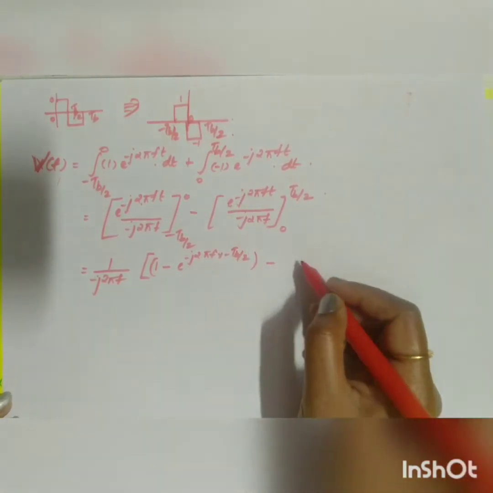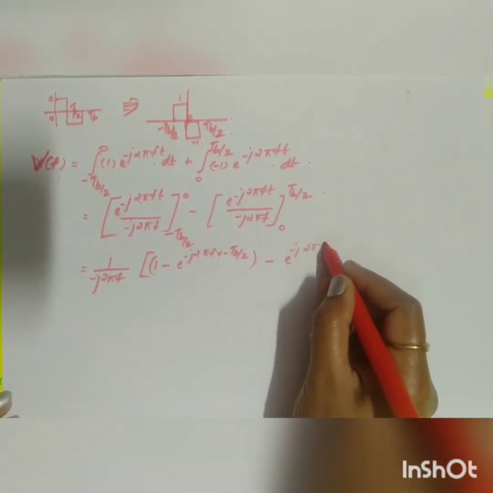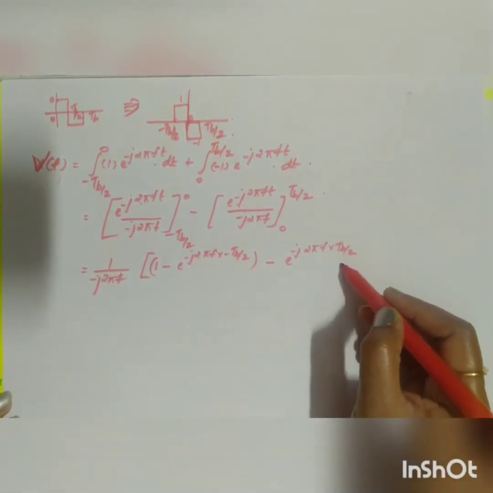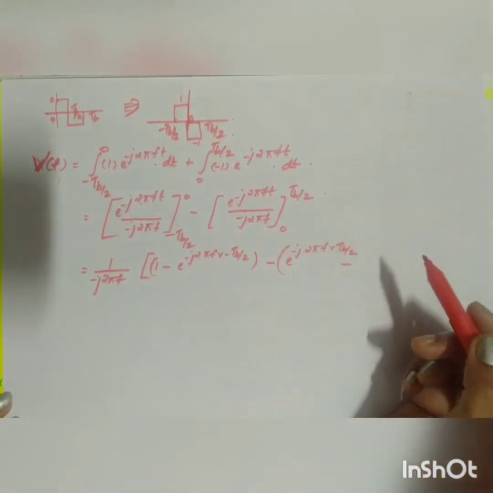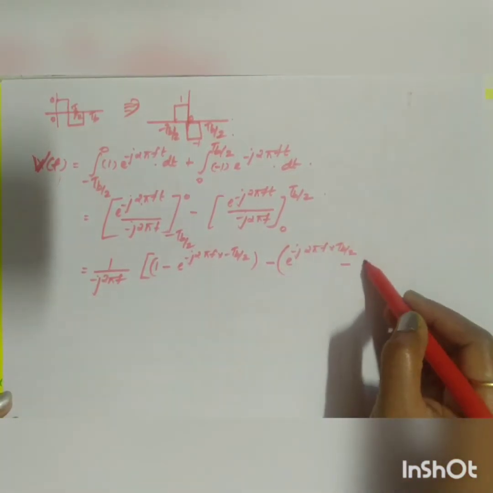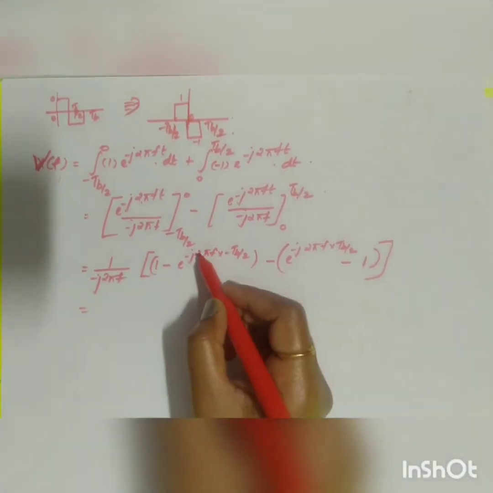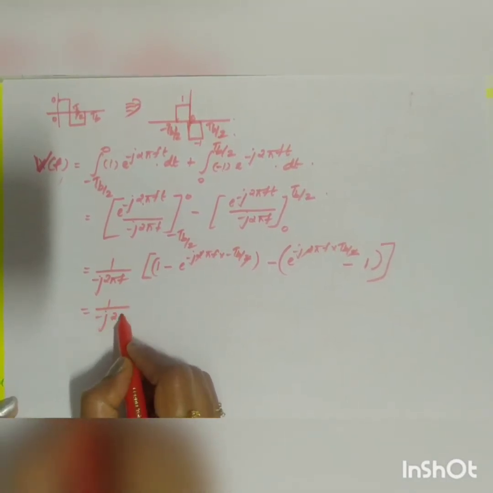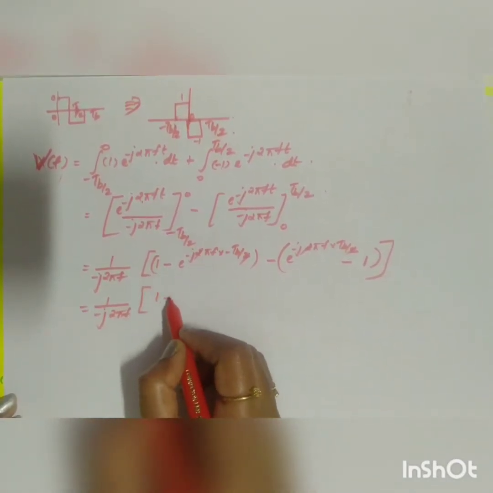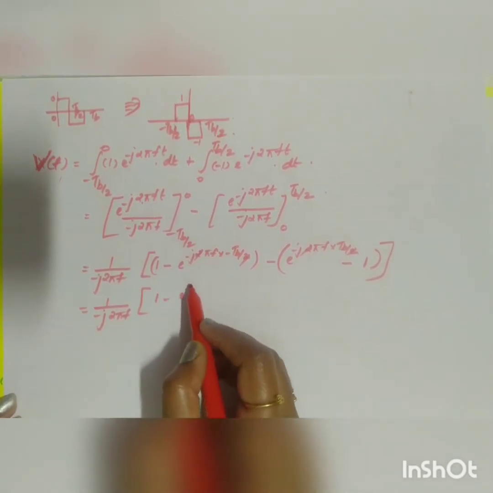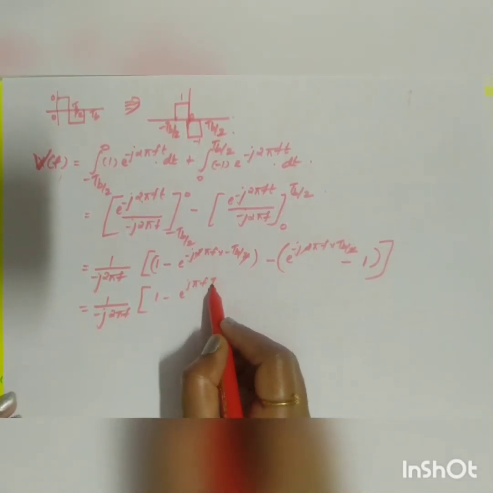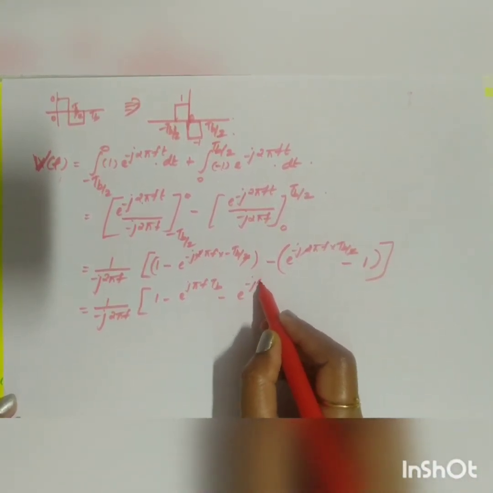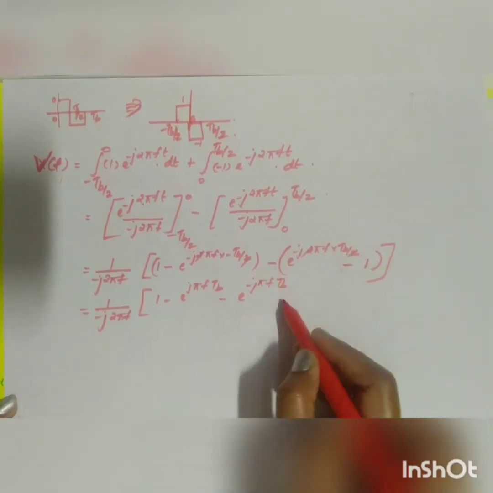Here also you have e power minus j 2 pi f into Tb by 2 minus e power 0, and what is your value? It is equal to 1. So you will be getting like this. Here 2 will get cancelled, here also 2 will get cancelled. So you can write minus 2 pi f into 1 minus e power j pi f Tb, minus e power minus j pi f Tb, minus into minus is plus,